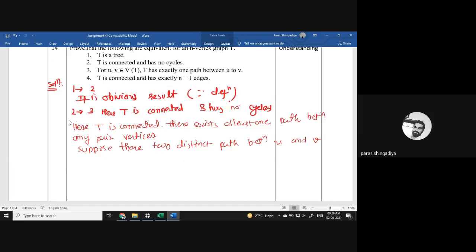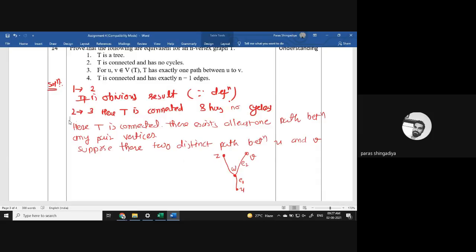Now create a graph of a tree. Any arbitrary graph which mentions the two vertices U and V. कोई भी ग्राफ आप ले सकते हैं, ठीक है? That is U and here it is V. Clear? That one path is E1. यहाँ पे कोई दूसरा vertex, let us say W, and here it is E2. ठीक है? And here it is, let us say Z. Clear? And now that is one path: U E1 W E2 V. Okay, that is one path.